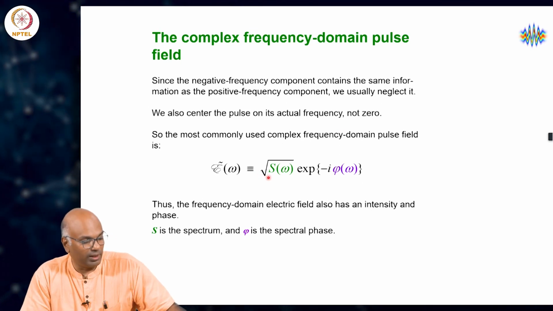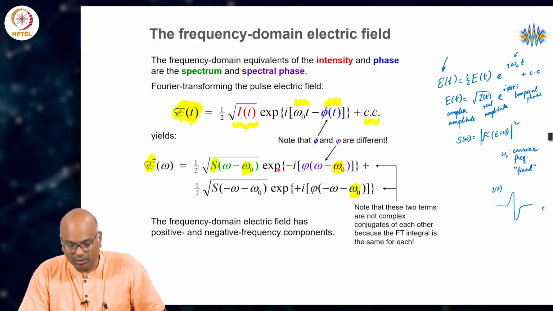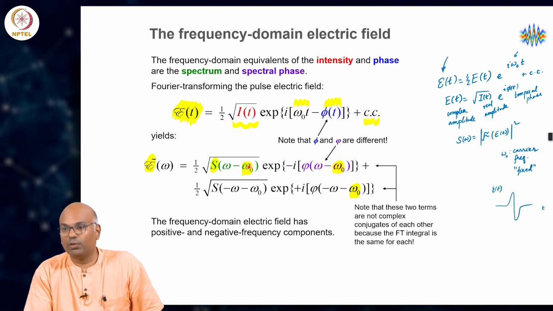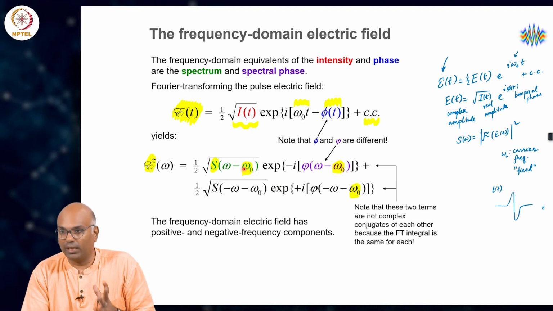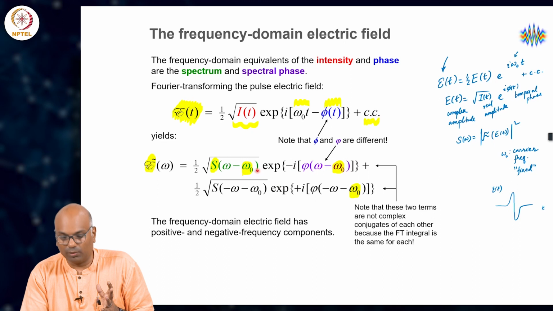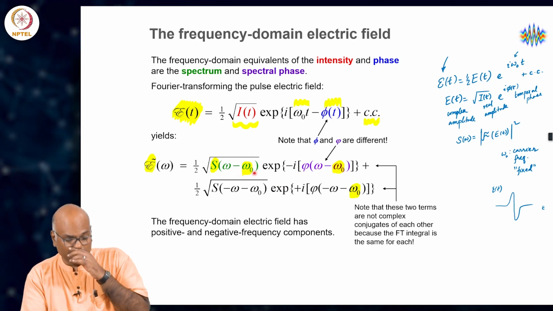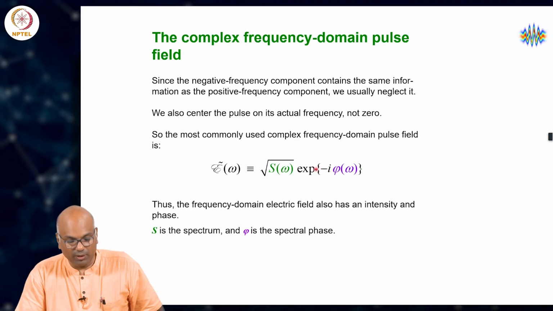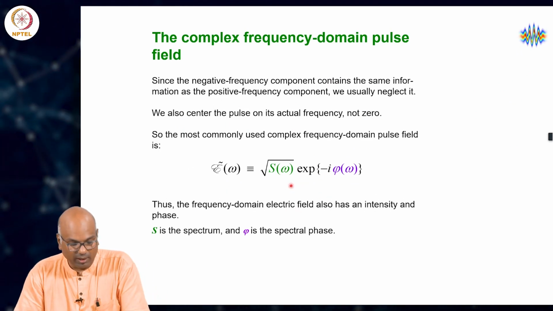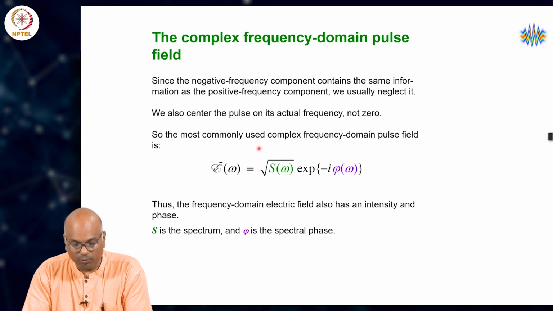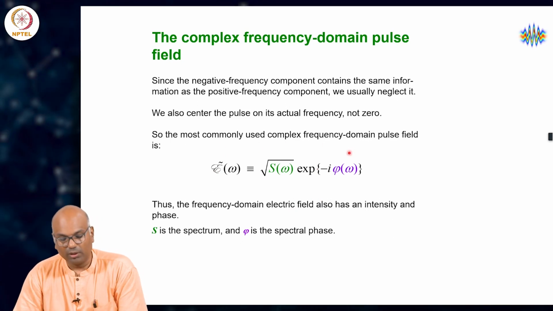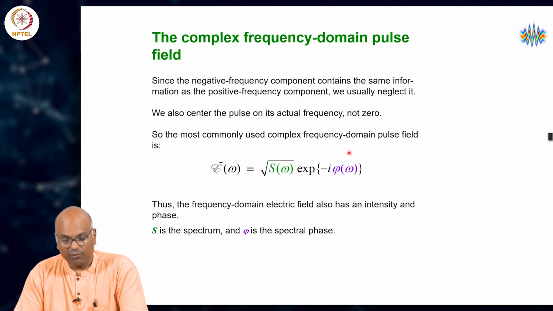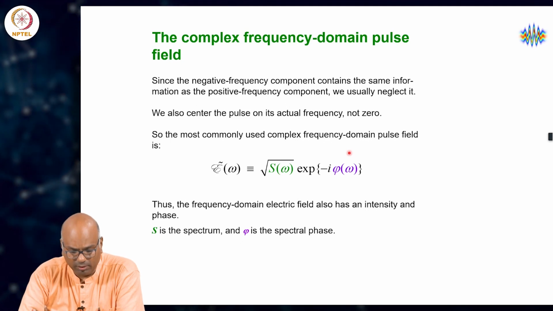In the earlier case, we essentially took this and took away omega naught from it. So, because omega naught was the carrier frequency, central to the pulse, this act of shifting the axis essentially moved the center to 0, and we do not need to do that. We can keep this at the carrier frequency,